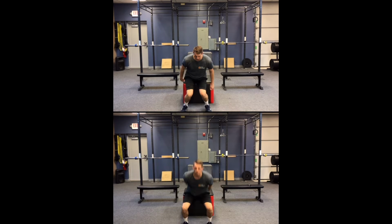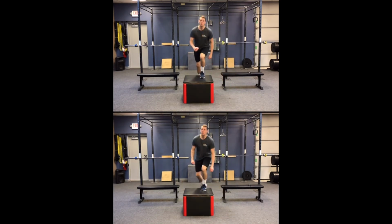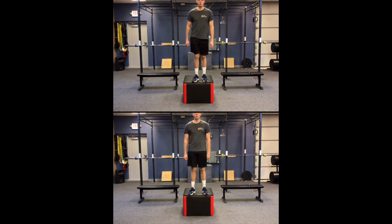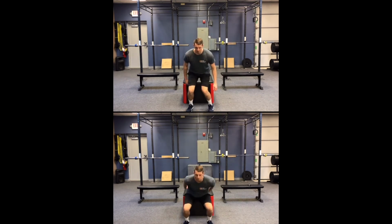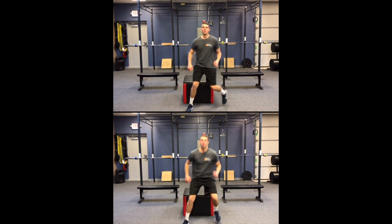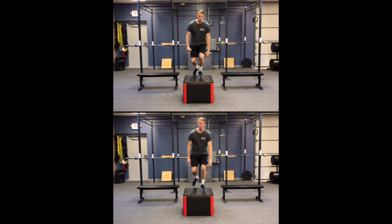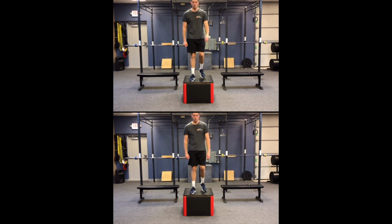So let's keep this going as I explain a little bit more. Very rarely in sports do we have a true acute injury, meaning one thing that happens in a quick burst of time that causes someone to miss time in their game. A lot of times these acute injuries, even though they might seem acute, are due to improper movement patterns over time. So if we're always practicing these movement patterns